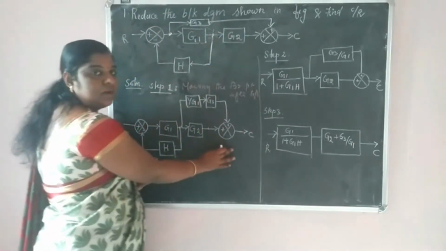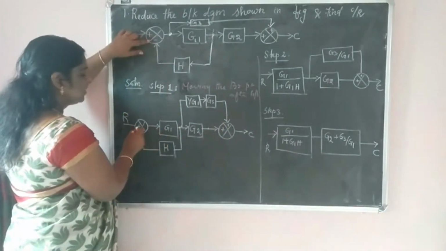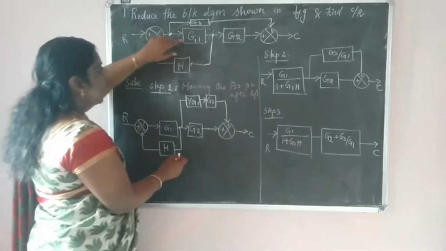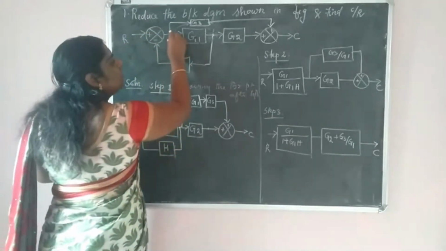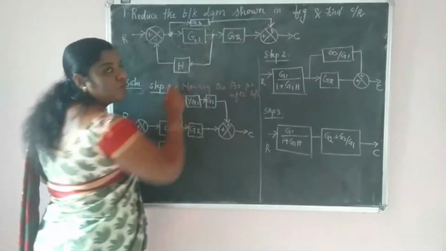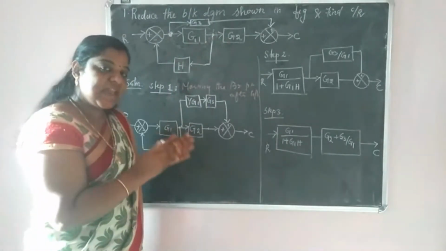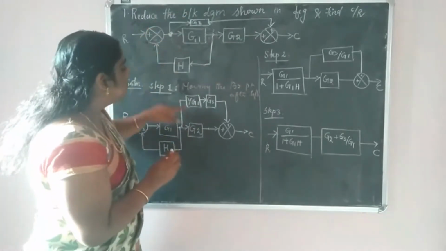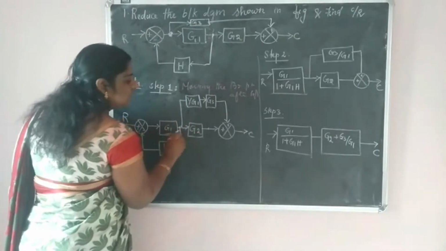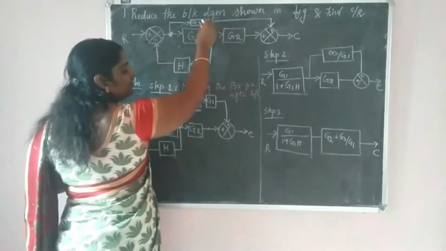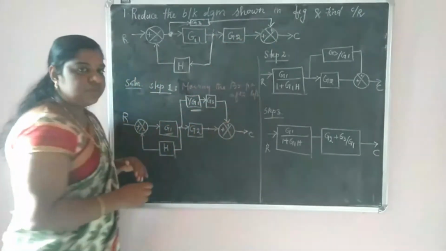Again, as usual, we have to draw the block. So first we have the input R, then we have the summing point, with plus and negative connected to the H value, and here we have G1. The one thing I have corrected here is that I am moving this branch point in front of G1. In whichever block we are moving the branch point, at the same block we have to multiply with the reciprocal of that. So I am multiplying this G1 here. Again I am writing this G3 value here. Again here we have G2. The same summing point is written here.